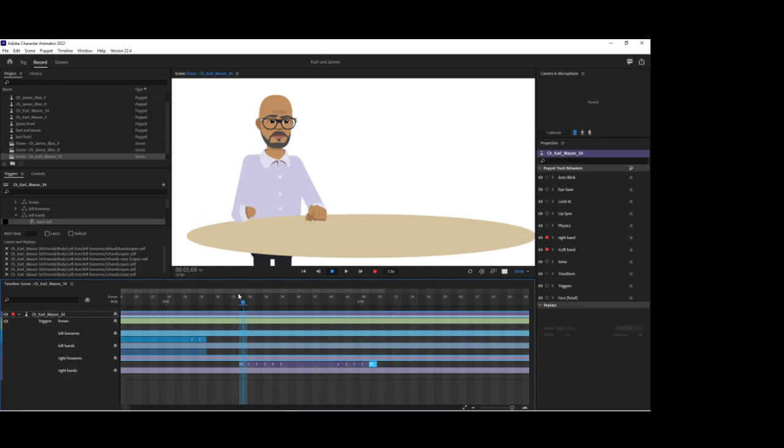Excellent, also works as expected. I went in and lined them up earlier, so let's make sure that we've got our hands at the right spot. Right, so that one we're going to want to do